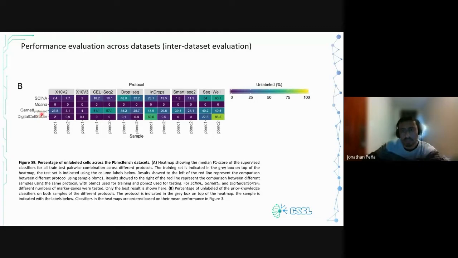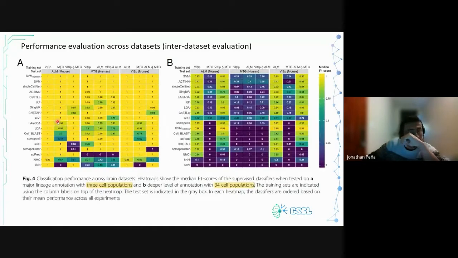Então, um classificador bom. They try to analyze this performance between two types of tissue. They compare the mouse and the human of the cortex, and try to evaluate if the classifier,